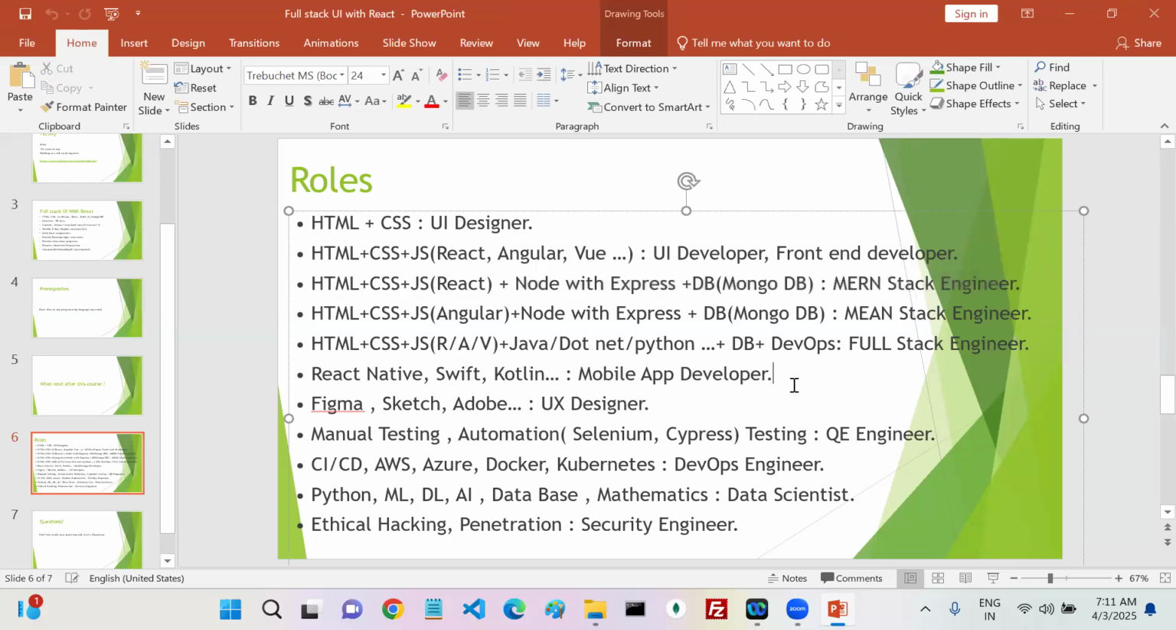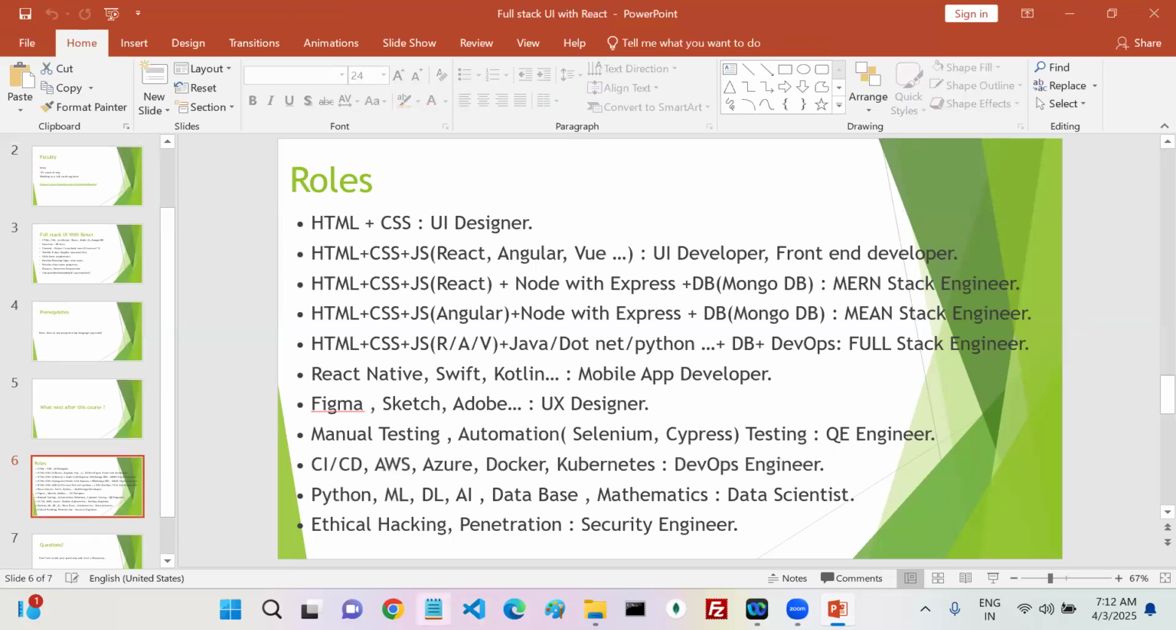At the same time, CI/CD. Once application development is completed, I want to deploy your code. I'm going to discuss how to deploy your React application in AWS, Azure, Vercel, and GoDaddy. All these things we are going to cover. So this is high level. If you want to check the content,